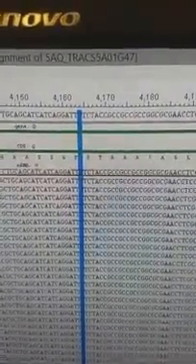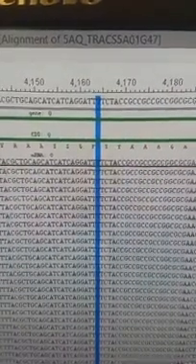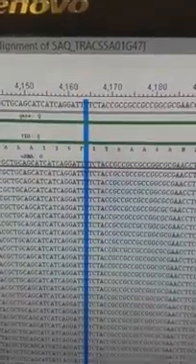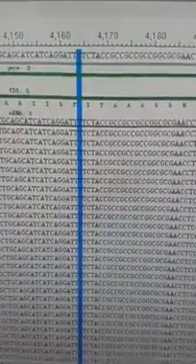Then we can use bioinformatics software to look at the data. For example, here we are looking at a sequence of a domestication gene in wheat. This gene is known to affect many important features of wheat. One of them is threshability. From previous studies, it is known that at the position which is highlighted in blue, if the letter is T, that means this wheat will be easy to thresh. But if it is any other letter, it will be harder to thresh. So in this way, we have a better understanding of the trait exhibited by a certain variety.